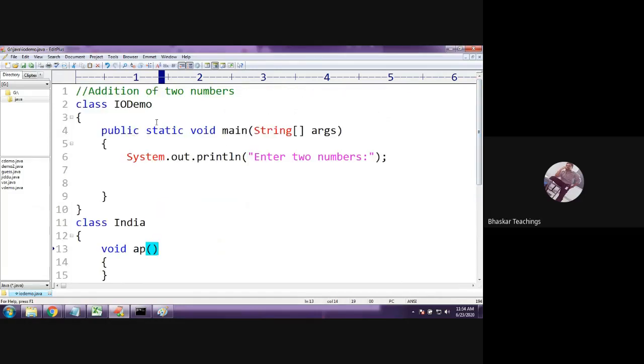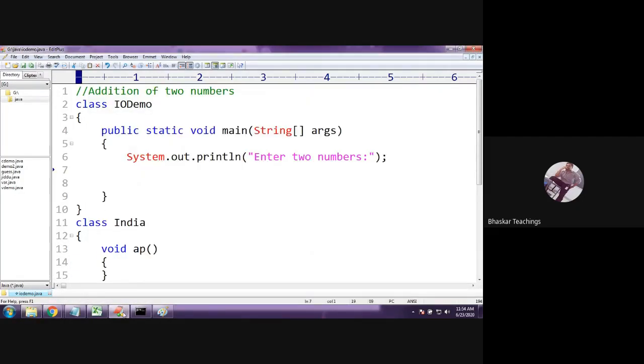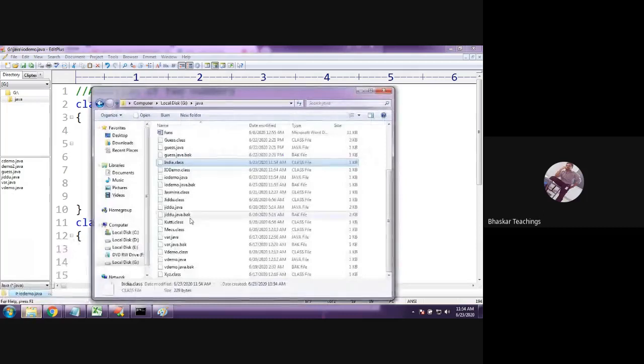What has happened is, the number of classes you have in your program, if you compile, all the classes are going to generate .class files. You can have any number of classes in your program. When you compile, the bytecode will be generated for all the classes.